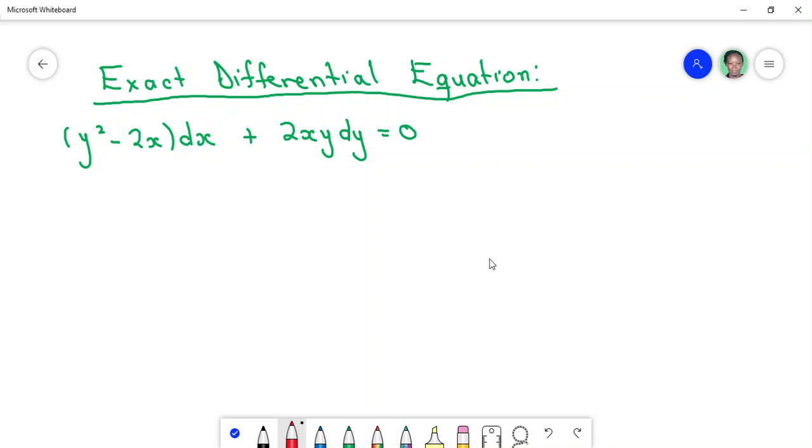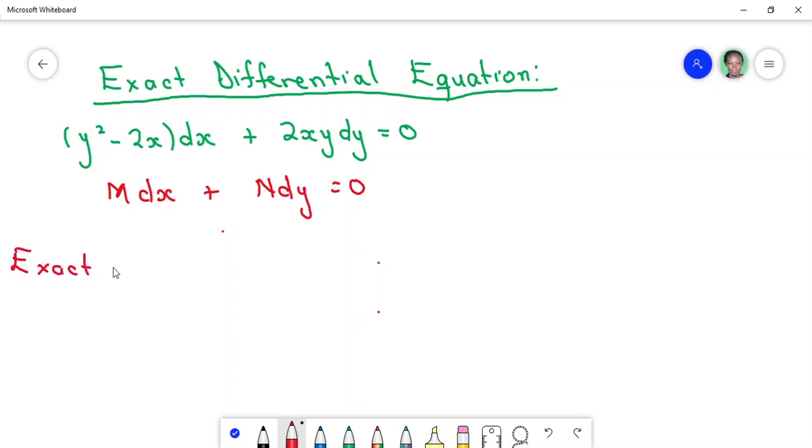Let's take an example of an exact differential equation. So we have a differential equation we would like to solve, and to do that, we first want to check if the differential equation is exact. To check if it is exact, we have a differential equation of the form M dx plus N dy equal to 0. We are saying it is exact